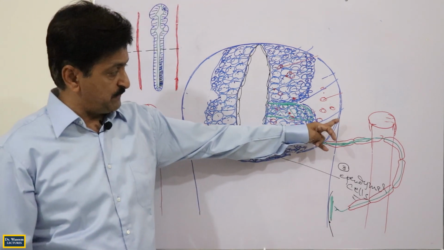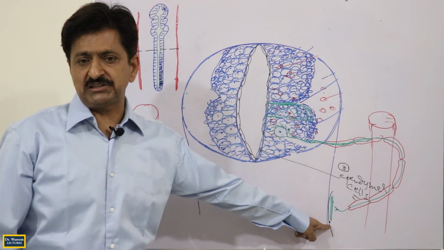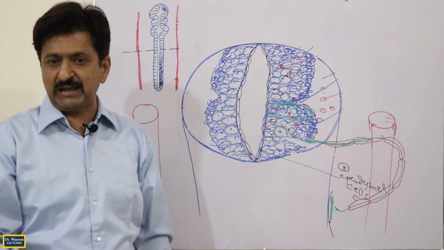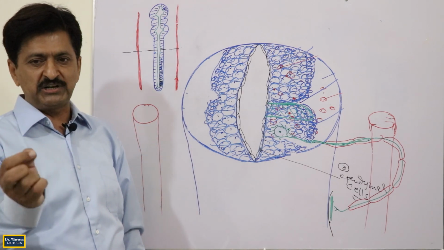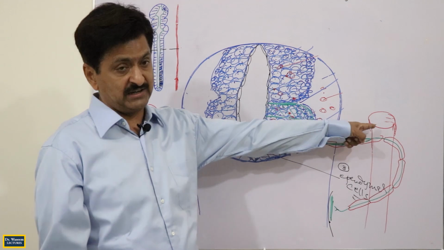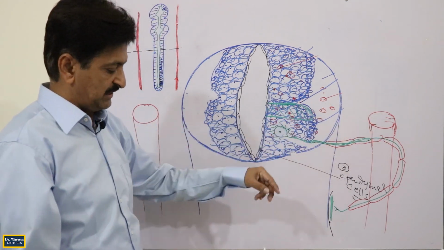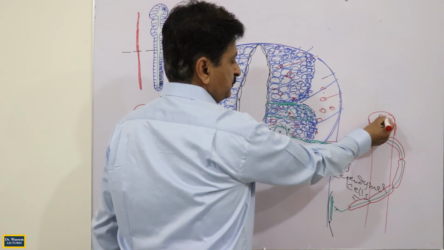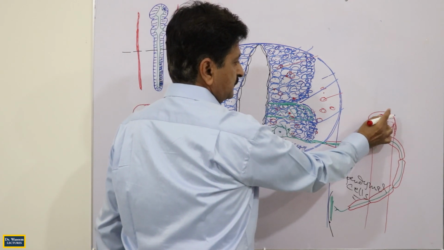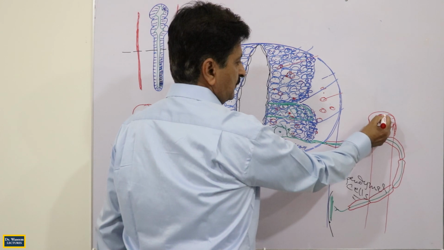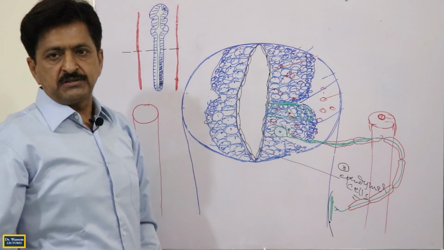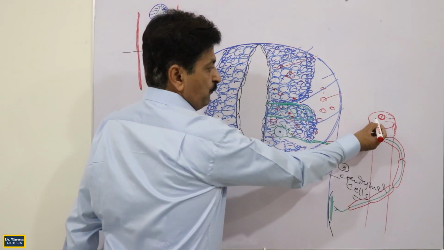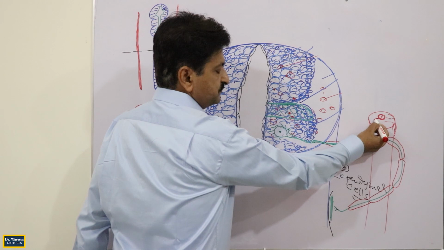And here neural crest cells means if these receptors which have transduced the stimuli into impulses, if you want to actually pick them, so for this transmission purpose you need the neuron, and this neuron stays outside here, and outside means coming from the neural crest cells. So this neuron comes from the neural crest cells. This is the neuron which comes from neural crest cells, and this neuron initially will have only one process,